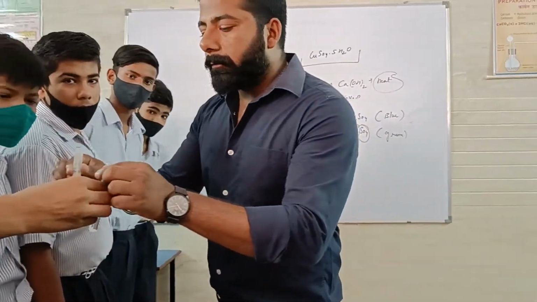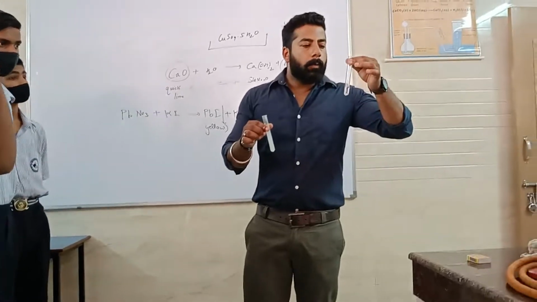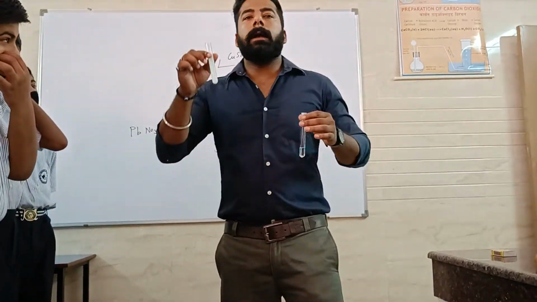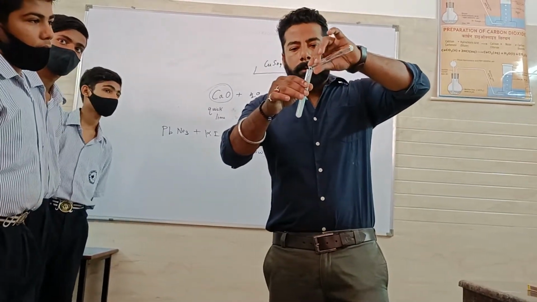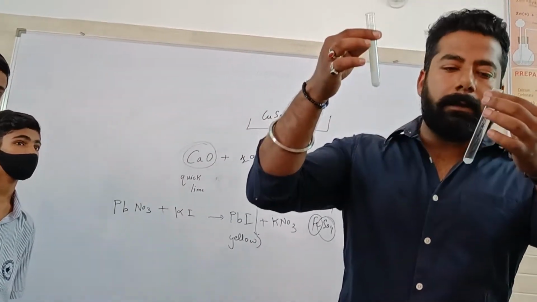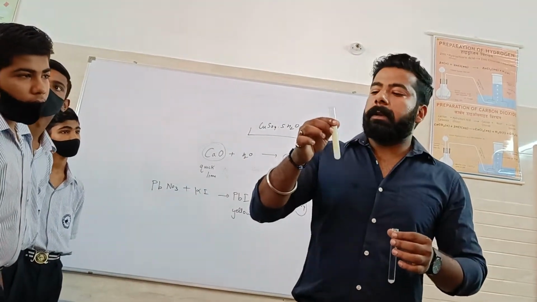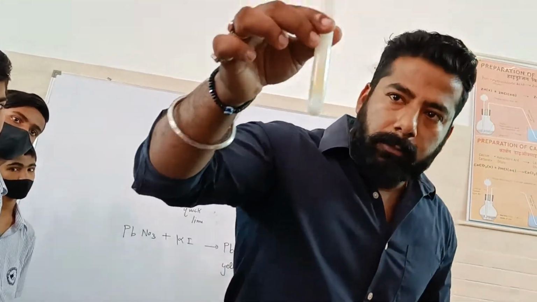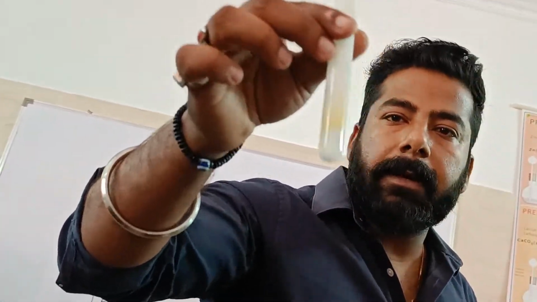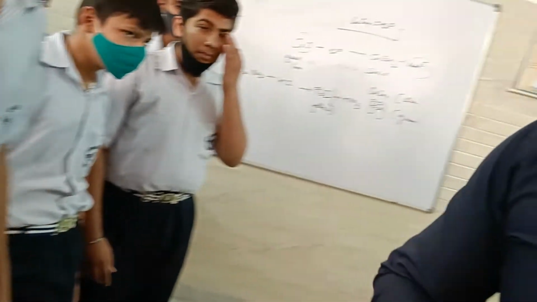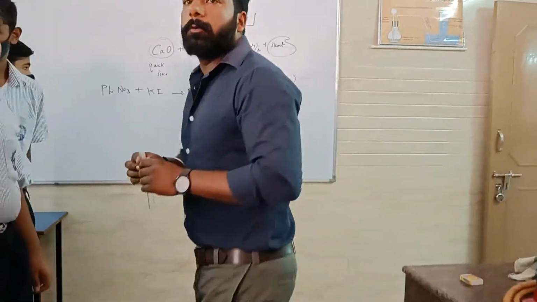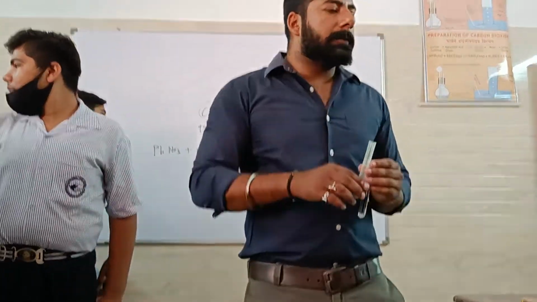Our students have done a few chemical reactions here. One is a solution of potassium iodide and another is a solution of lead nitrate. The moment we mix them together, we see a yellow precipitate, but here the solution is quite more, which is why the precipitate is lighter. These are the yellow lead precipitates. We can see here the yellow color shown for what precipitate? Lead iodide. These are of lead iodide.